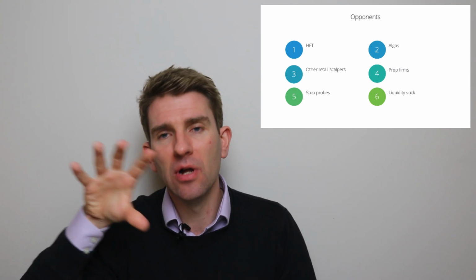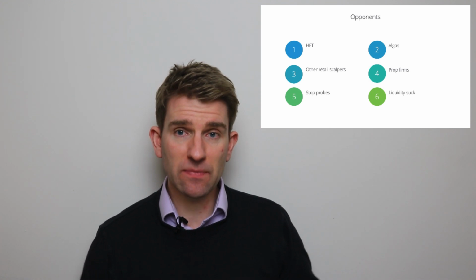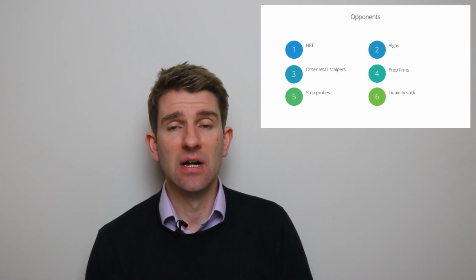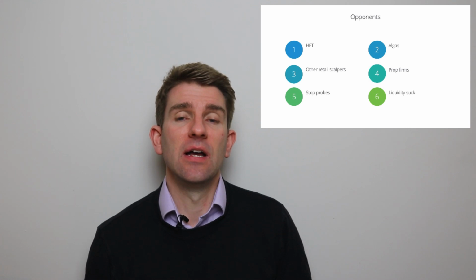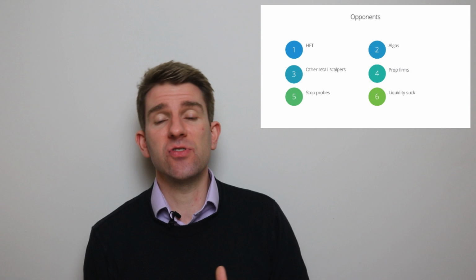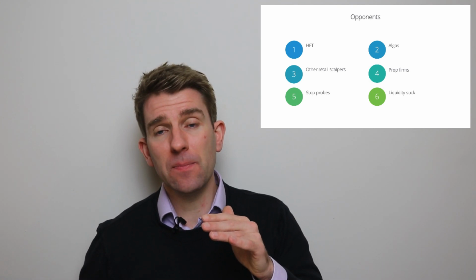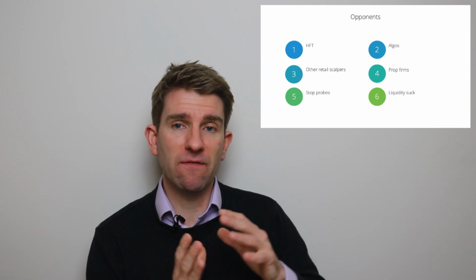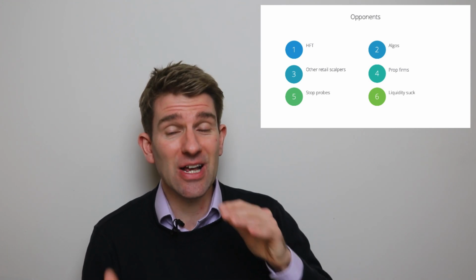Number 6, again, an opponent, not really an opponent, but a liquidity suck. What I mean by this: if you're trading something and all liquidity dies out, i.e. pre-data, very often that happens, people pull their orders out of the bid and the offer, you are then stuck and you can't trade. And very often liquidity gets sucked at key levels as well. So let's say the market goes through a low, you may well find that all those bids disappear and the whole thing goes thin. Now that might or might not affect you, but it will affect you if you're trading directly on the exchange.